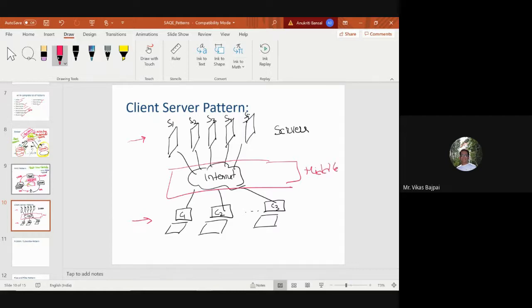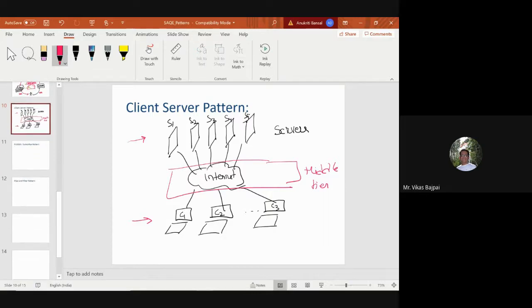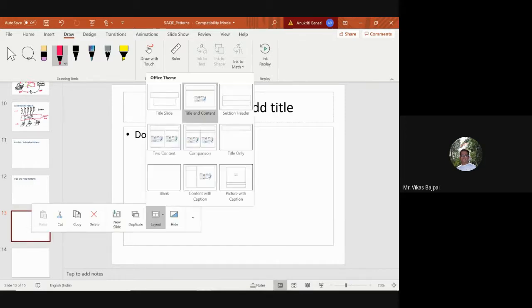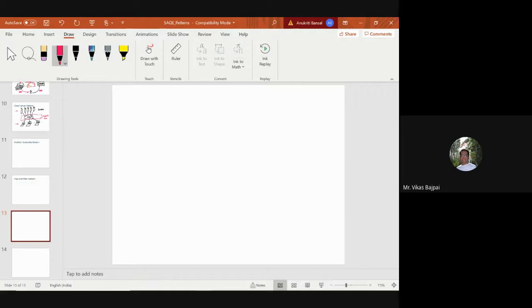So that becomes your 3-tier architecture. So don't get confused. And there is also a layered architecture. Let me throw some idea on it as well. Right. So there is also a layered architecture, which is also called as your N-tier architecture.